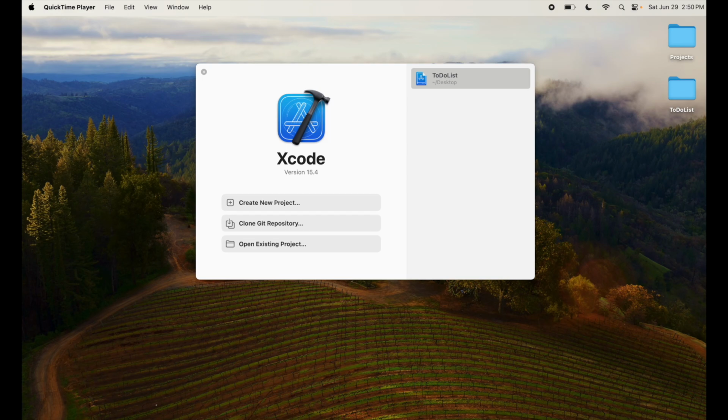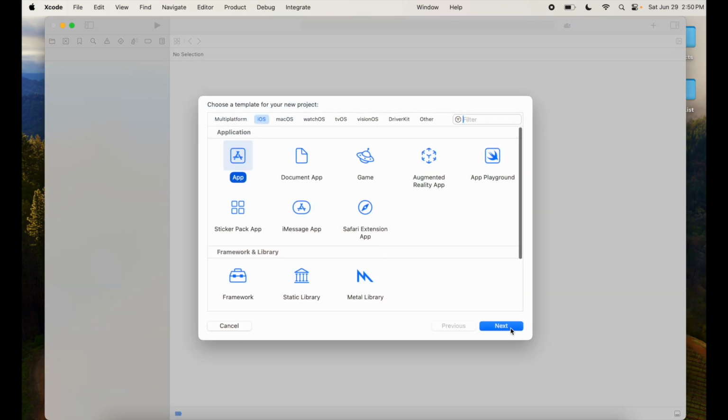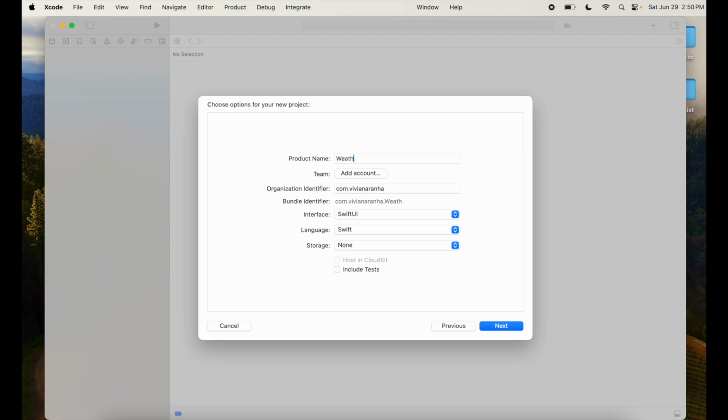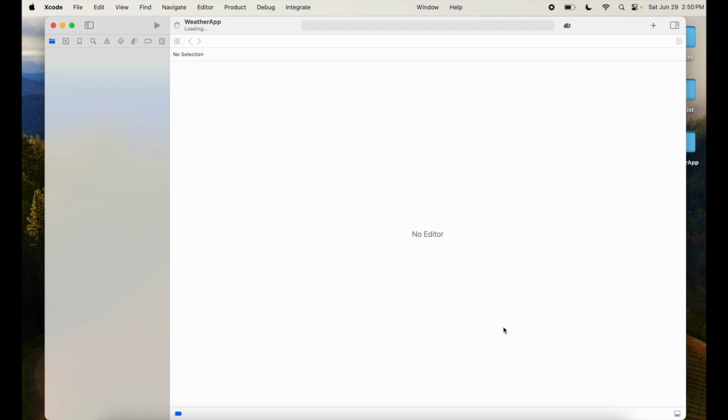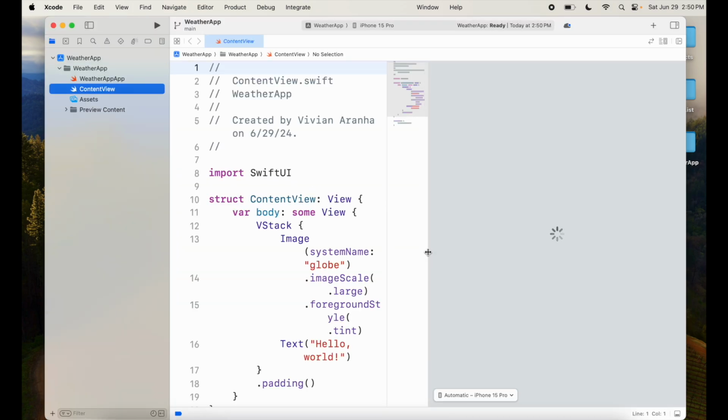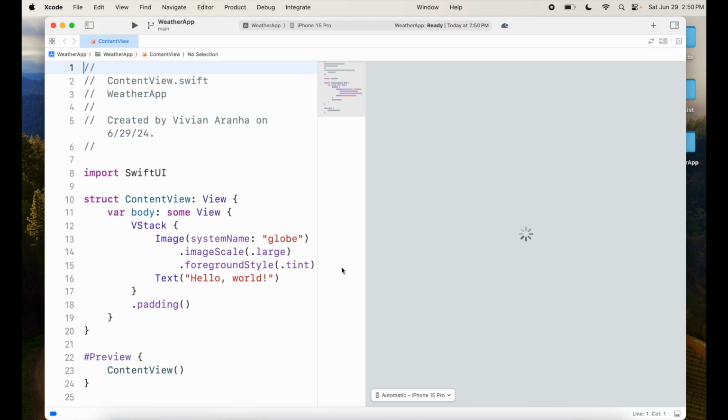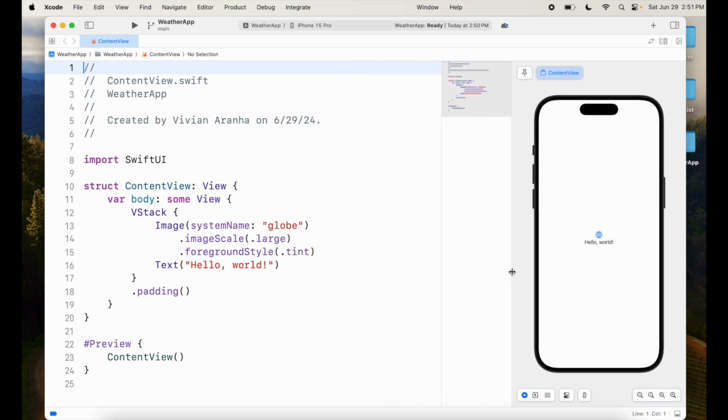So I'm going to start with a new project. I'm going to create a new project, app. Next, I'll call it weather app. Make sure SwiftUI is selected. Next, and save it. Now that we have our basic template here, let's get rid of these sidebars and have